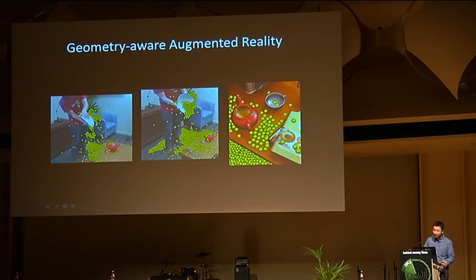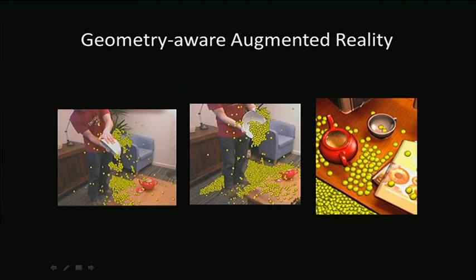Here in this demonstration, I'll show you a particle simulation where virtual particles bounce off real-world geometries, and they even get occluded by real objects, because we simulate these particles and calculate the collisions based